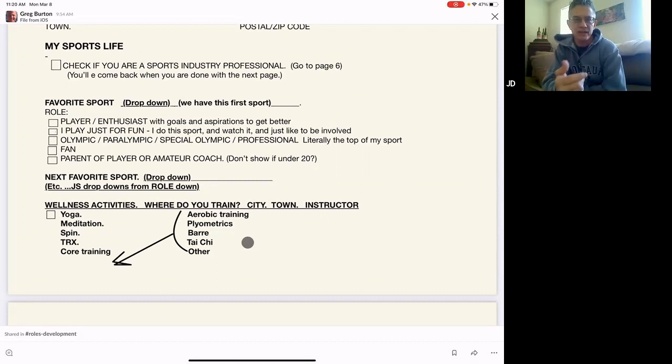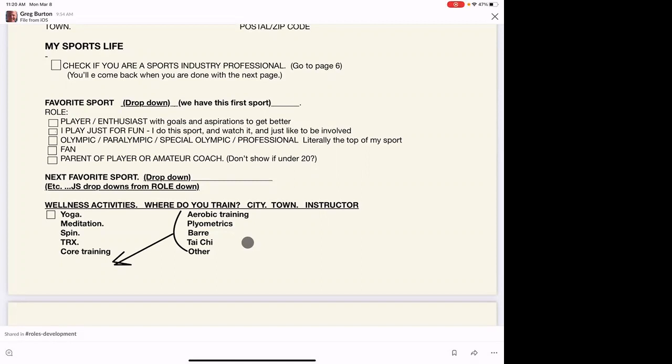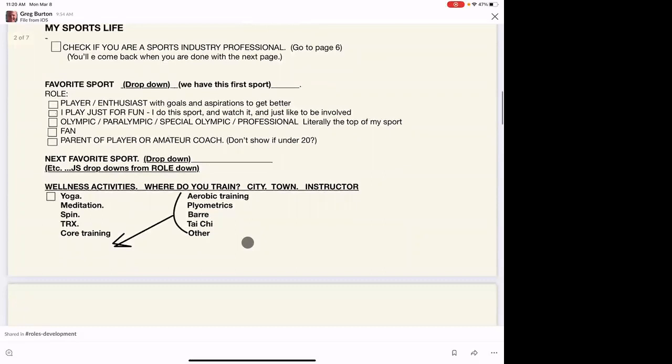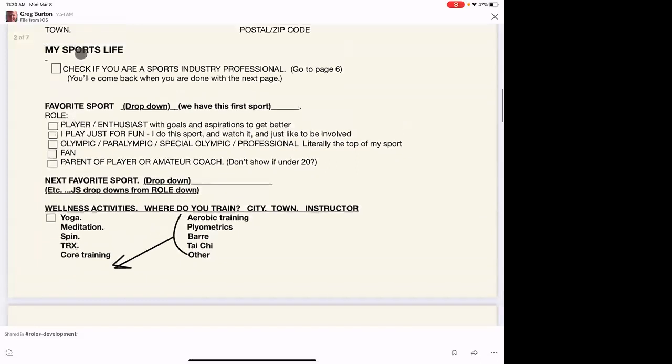We need to define that. Yeah, that's what I was trying to do with this thing, John. When I built this, I'm still refining it too. I redid it a lot over the past week. But what I tried to do here was say, when we broke it down, these are the only first person connections with sports that you have, unless you're a professional, which is why I put this up here.